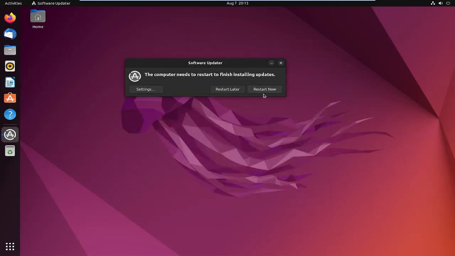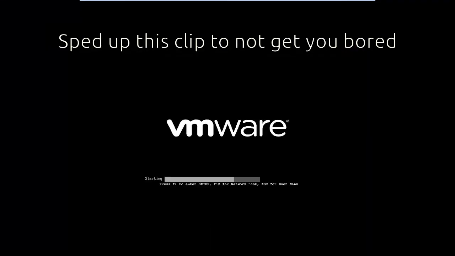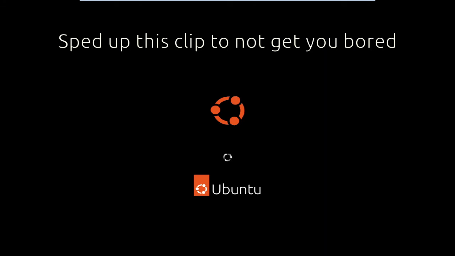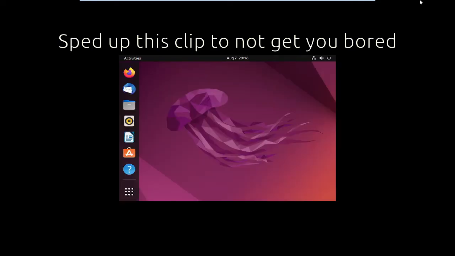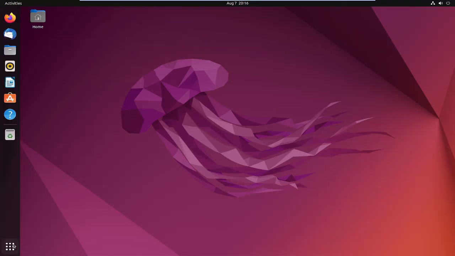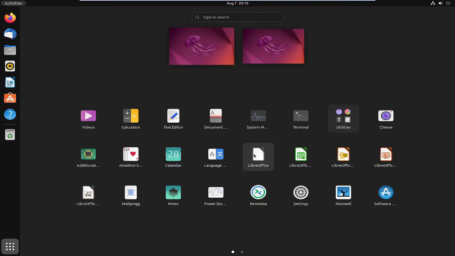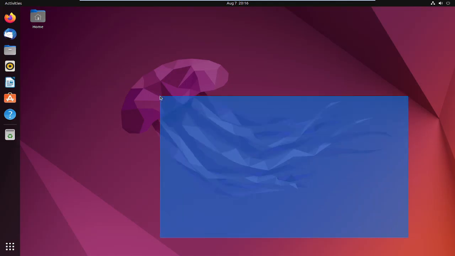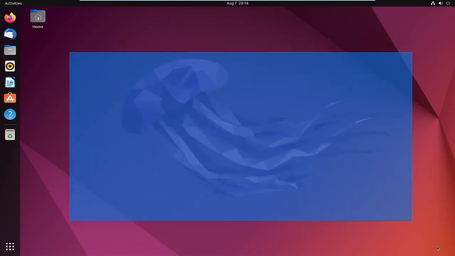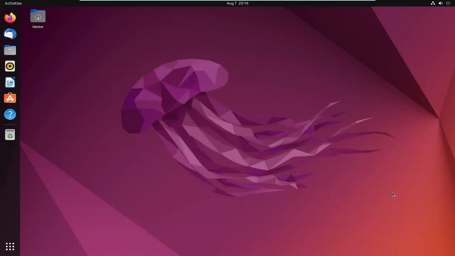So finally finished, and if you see this, restart. So now that was how to install Ubuntu 22.04 LTS onto your system,